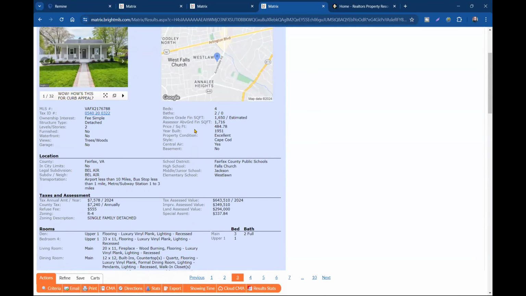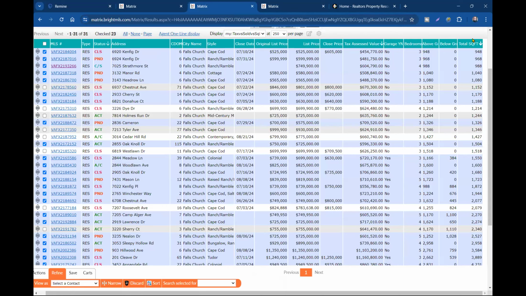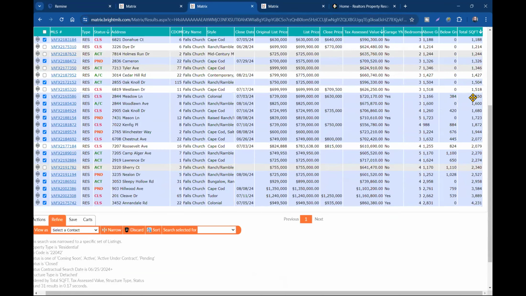So above ground is 1650. So now I'm looking at, well, what's the total square footage here? 1650. These two here, these 3 here are closer. So I'm getting close to